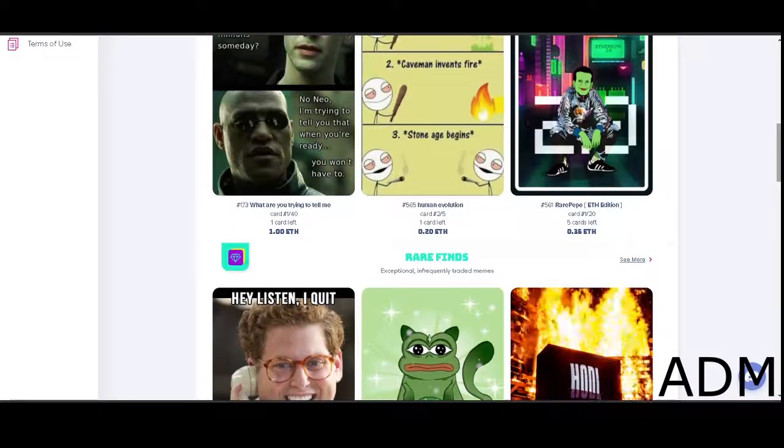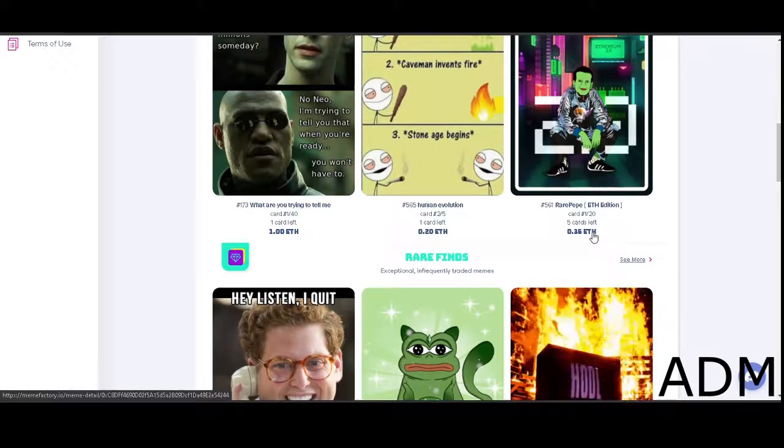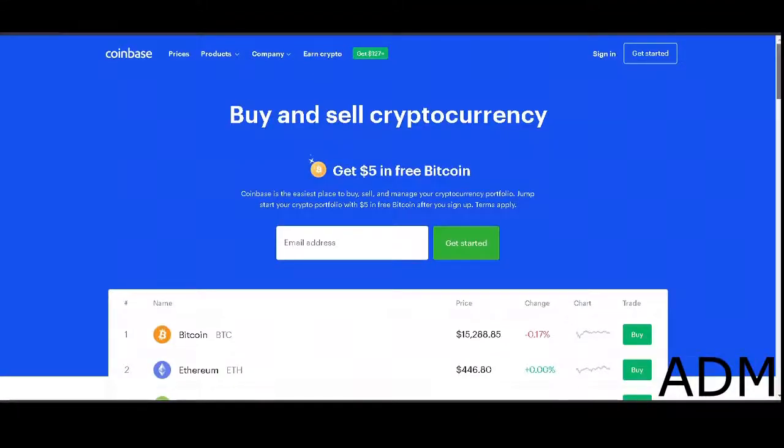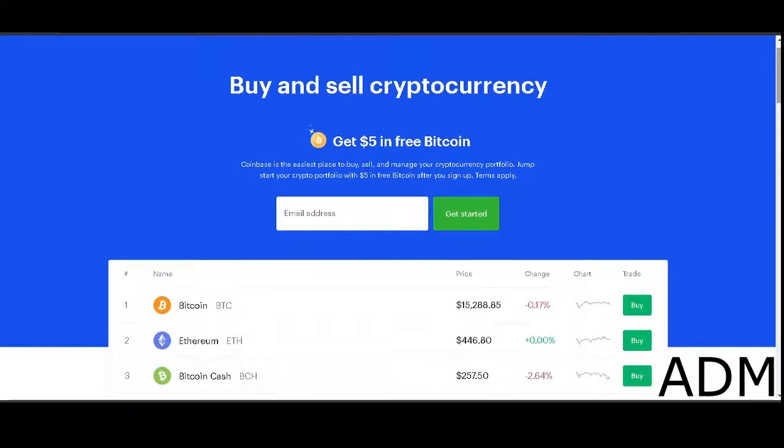Now the question is, how do you actually get your money if this currency is in ETH? Now ETH is Ethereum, which is a cryptocurrency. So what you want to do is go onto a website called Coinbase. So this is coinbase.com. Coinbase is a place where people exchange, sell, and trade cryptocurrency.